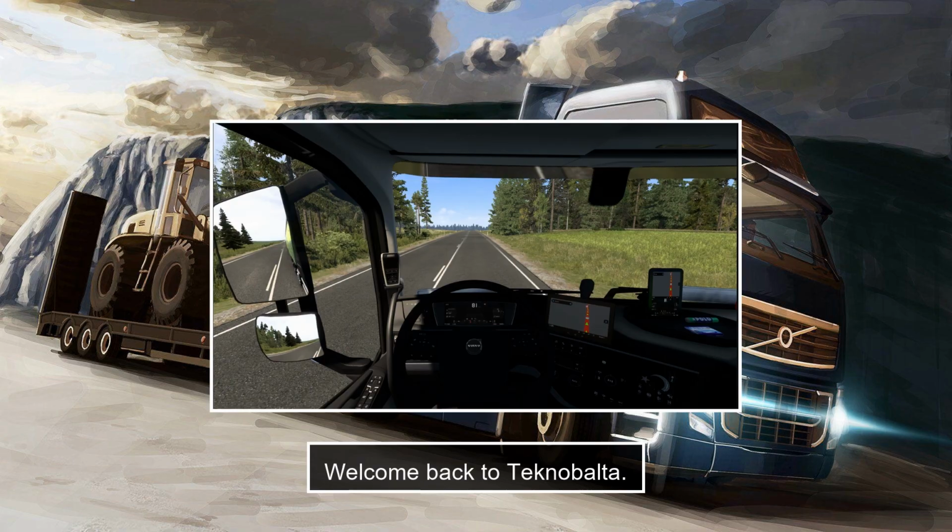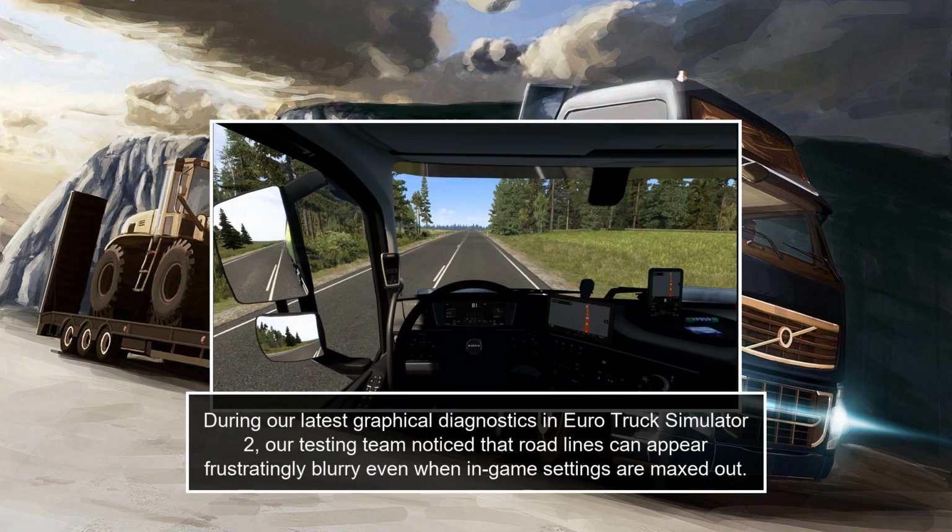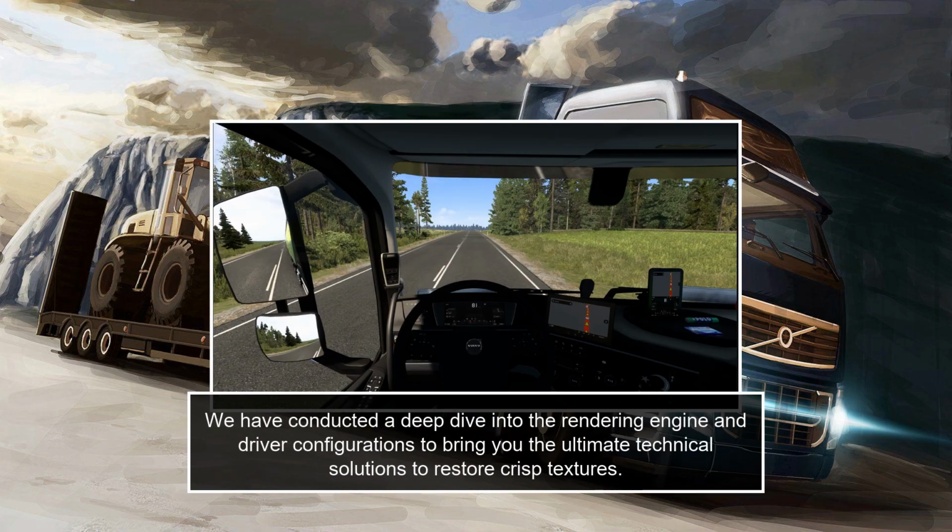Welcome back to Teknobalta. During our latest graphical diagnostics in Euro Truck Simulator 2, our testing team noticed that road lines can appear frustratingly blurry even when in-game settings are maxed out. We have conducted a deep dive into the rendering engine and driver configurations to bring you the ultimate technical solutions